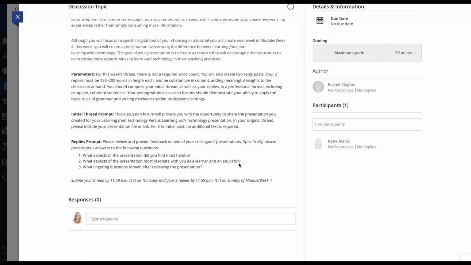In this way, you'll be able to engage in a reciprocal learning experience as you review classmates' presentations and also offer feedback. You will need to submit the link to your presentation, which is your initial thread, by 11:59 p.m. on Thursday of Module Week 4. By 11:59 p.m. on Sunday of Module Week 4, you will need to respond to at least 2 classmates specifically